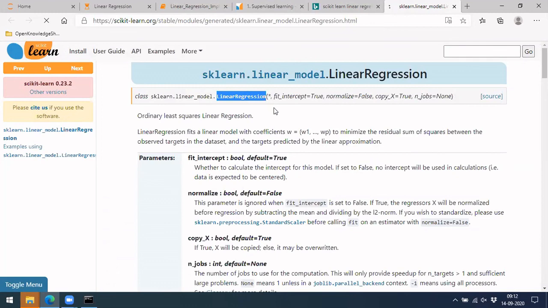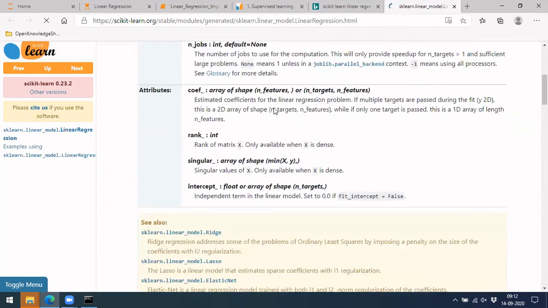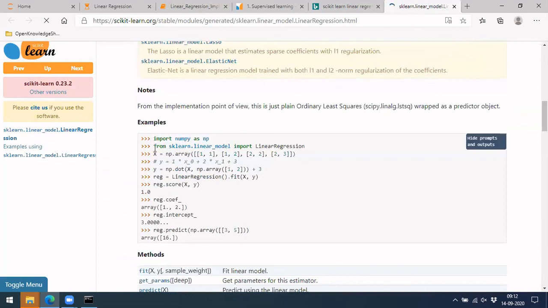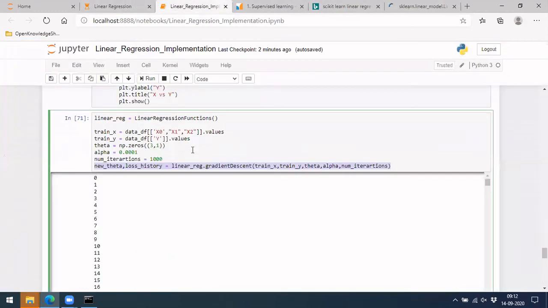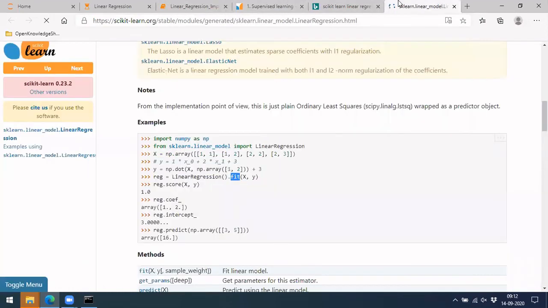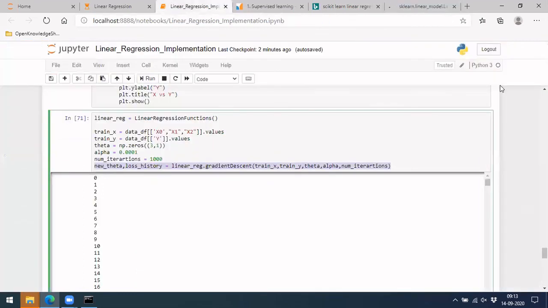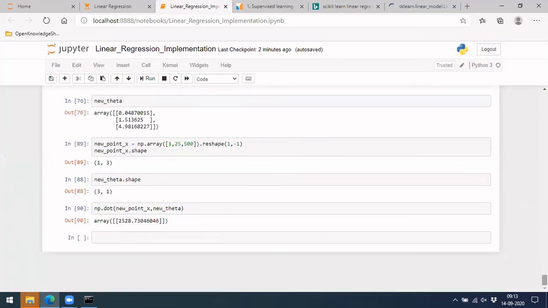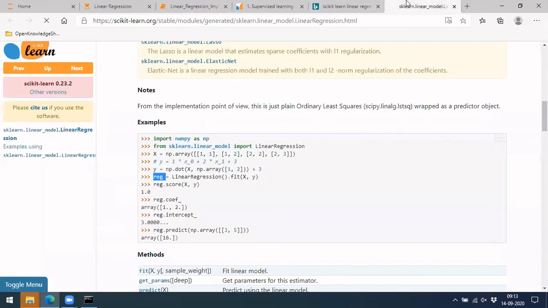dot LinearRegression, and you call that model, and you'll be doing dot fit, just like you can see here. You have x and y values, and you are doing dot fit on x and y, just like we have done gradient descent on x, y, and we also give theta and alpha, all those things. Even those things will be available within this. So if you do dot fit, you are going to get the model here, which is this theta. Let me show here. So the final one, what we are going to get, right? Those parameters, these theta values and all, will be stored within that.